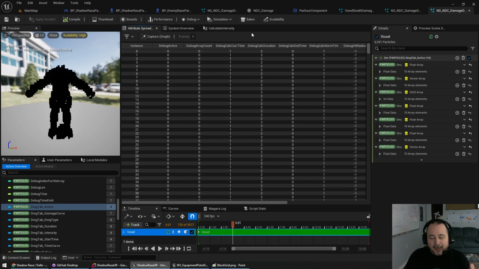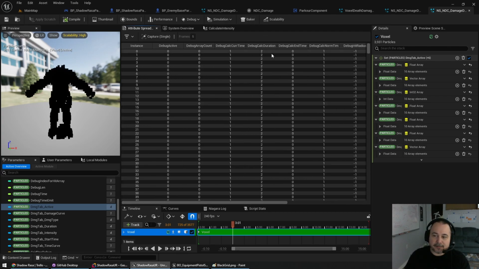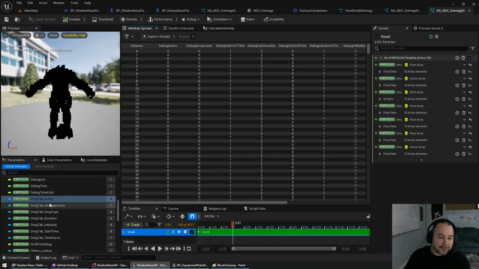So I did a bunch of work to try to figure out why it was doing this, and spent a bunch of time in the debug code here just outputting whatever I could to try to get under the hood and see what was happening. And from what I found out, it looked like all of these float arrays, or all these arrays in general, were all being updated at the same time, even though I had an if condition. I don't know if it was because of the compiler or the way that it shook out in the end, but